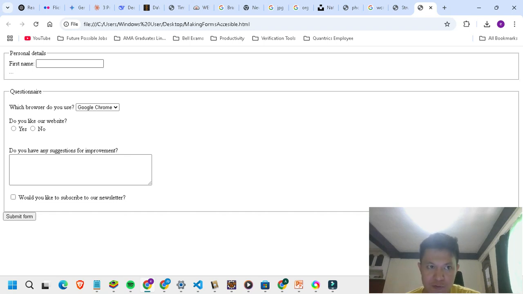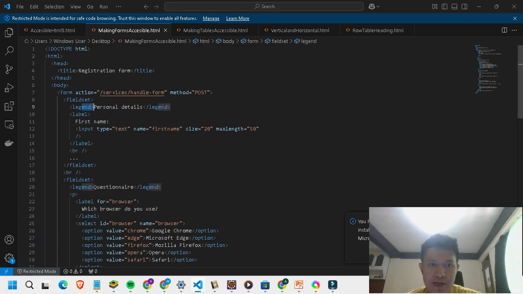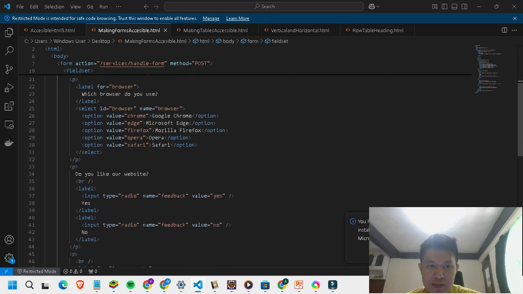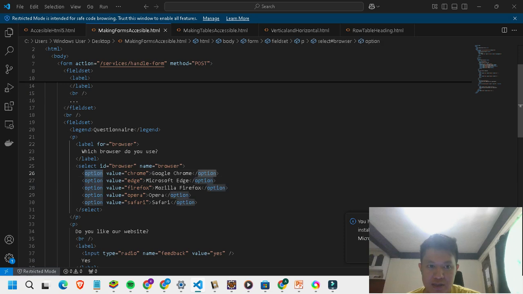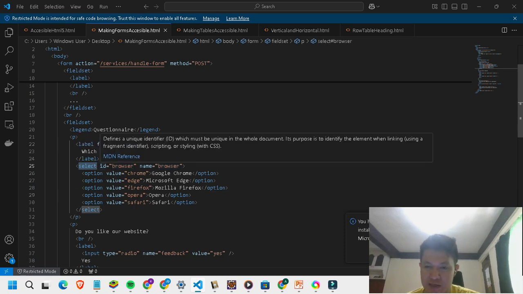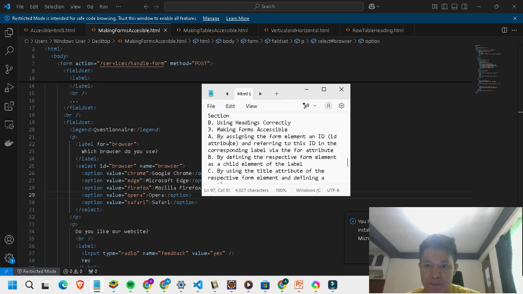So for this form, like personal details and the name of the form, first name, it shows in the code here, legend. So the for attribute of the label is equal to the ID of the form element. Remember, this select is a form element. So it's one of the ways to make forms accessible.